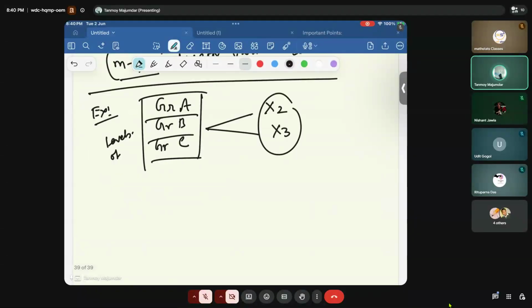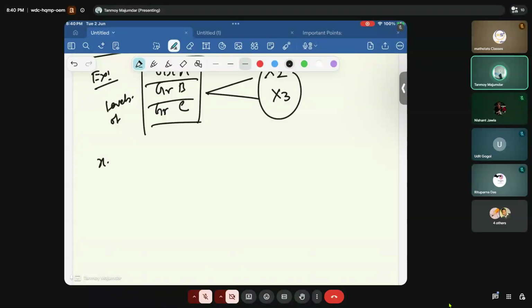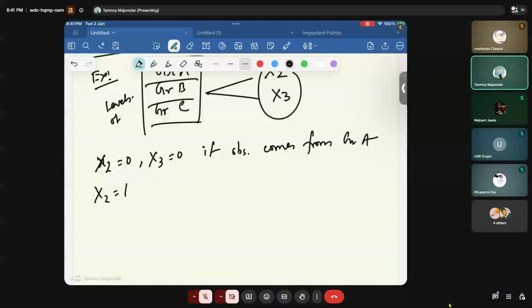So how it works, x2 equals 0, x3 equals 0 if the observation comes from group A. If observations come from group A, in that case x2 and x3 both are 0. x2 equals 1, x3 equals 0 if the observation comes from